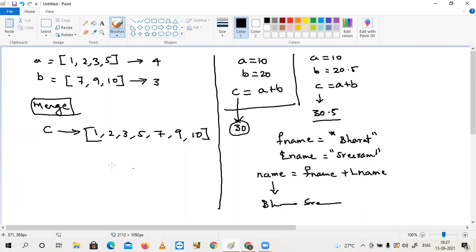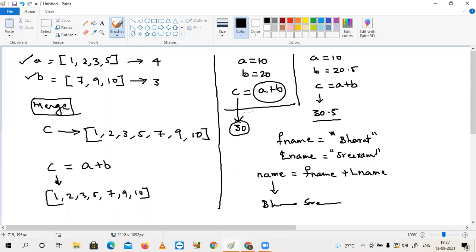Okay, one more example, the final example. A is one list, B is one list. I am saying that C equal to A plus B. What is the operation? What is the value? 1, 2, 3, 5. Concatenation. 1, 2, 3, 5, 7, 9, 10. Now observe, in the first example, the operator is plus.